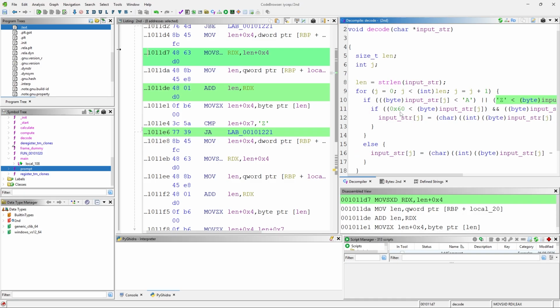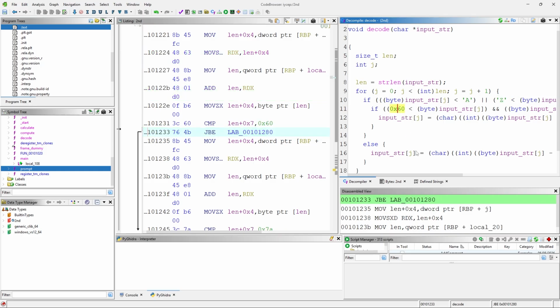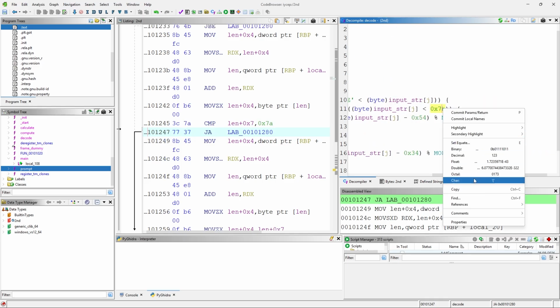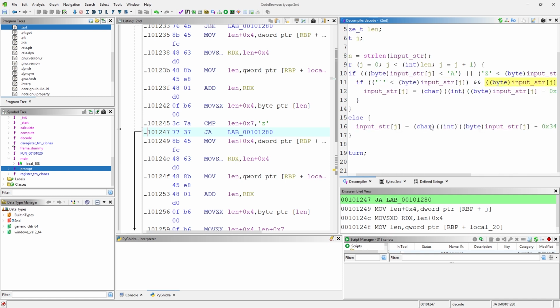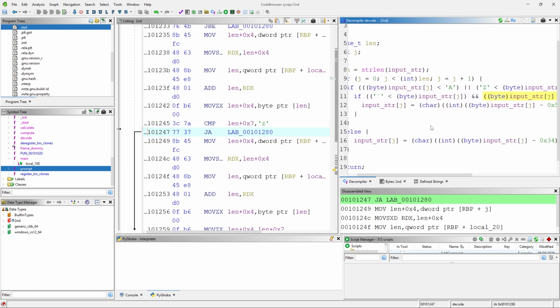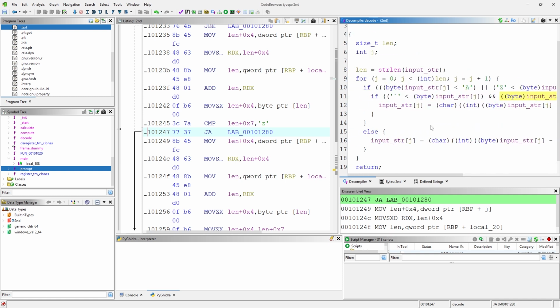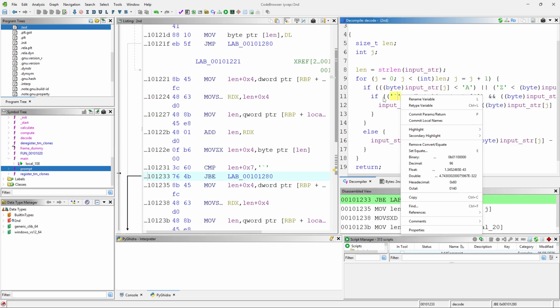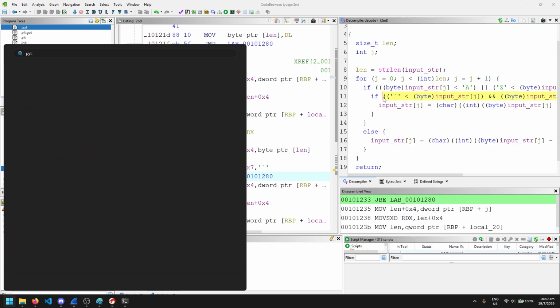We can do the same thing for the next if statement. So 0x6a, that is the backtick character, and 7b is curly brace. So this just binds you to another range, right? So now it checks whether input string is greater than 0x6. What is it again? 60, right? If I pull up Python,